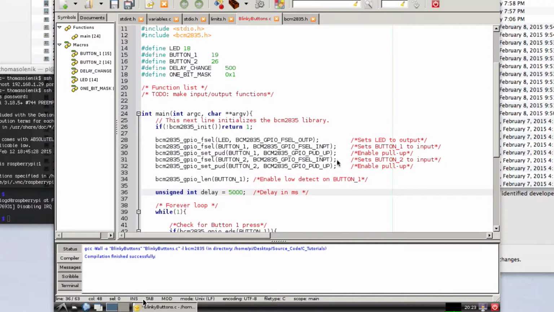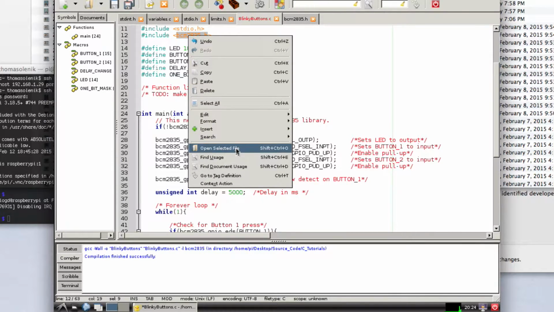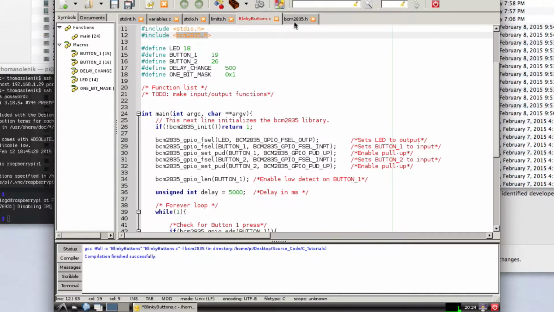Next line is the same as the two above it. We set button 2, which is 26. Pin 26 is set to an input, and then on the next line we're going to enable the pull-up for that input. And all of these functions can be found in the BCM 2835 library, and if you need to look at that library and get more information about it, you just highlight this, and again, I'm in Geany, right click, and say open selected file, and that will bring up the library. But I already have it open,